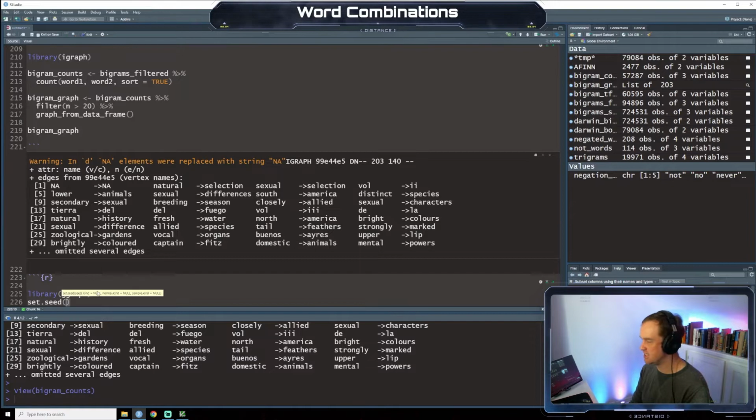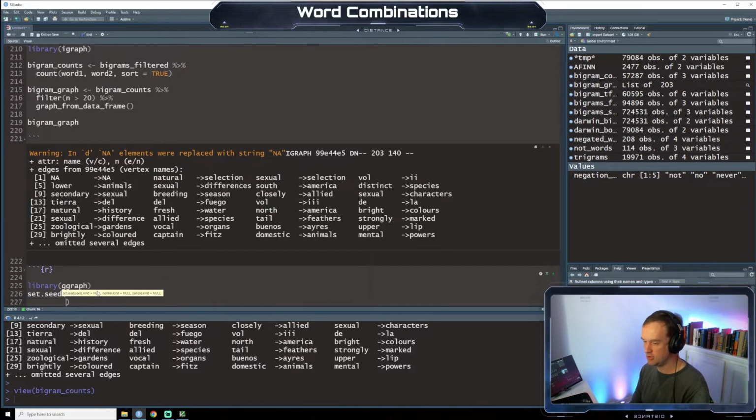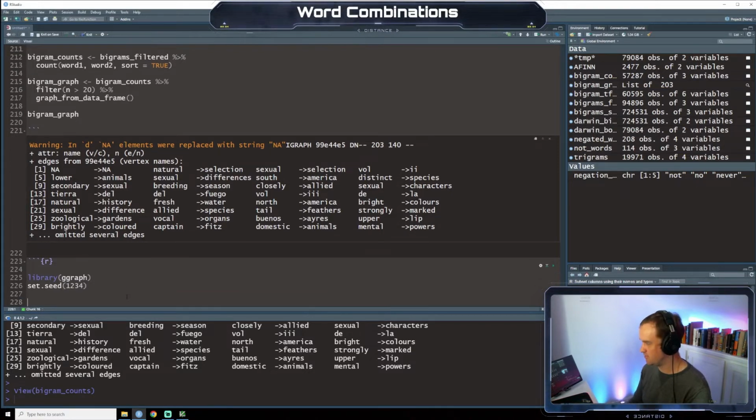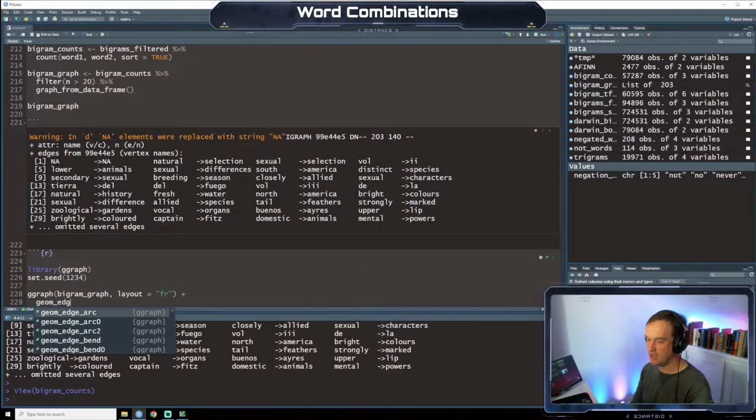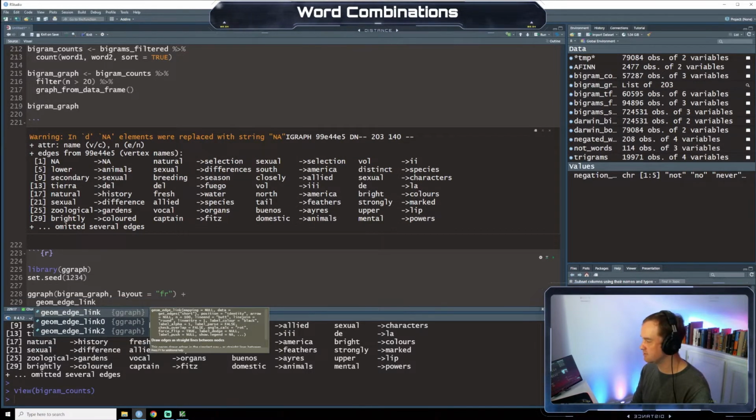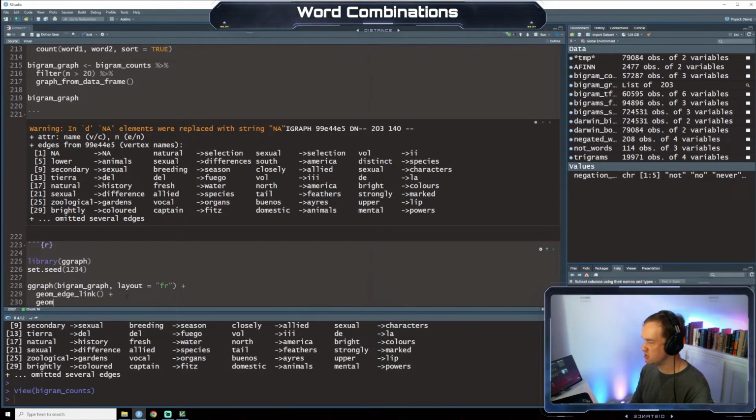We're going to set our seed to 1, 2, 3, 4, so we have reproducible random numbers. ggraph, and we're going to do bigram graph, and our layout is going to equal fr, geom_edge_link and geom_node_point,